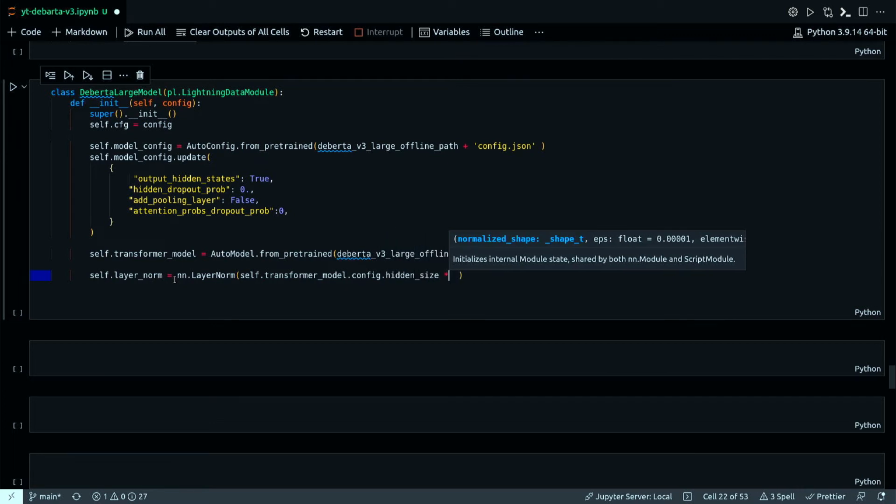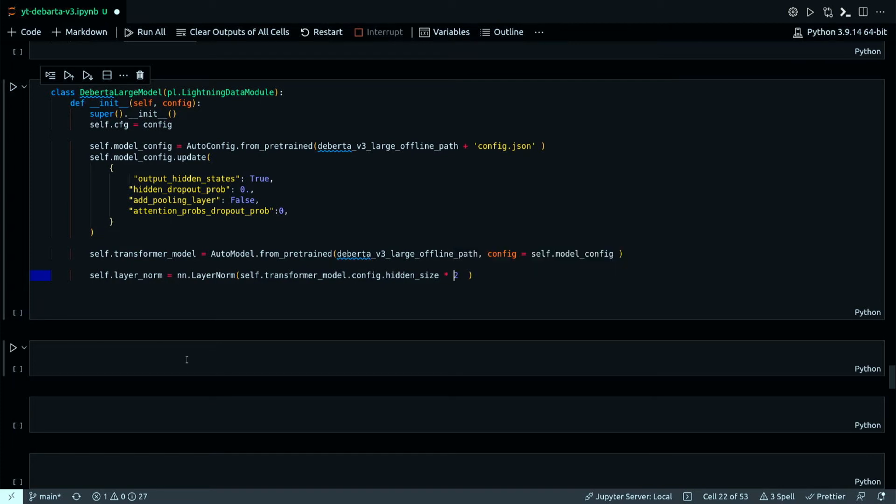Multiply that by 2. Okay, this is important here. Note that I'm multiplying by 2 because we will see in a second that we will be concatenating the mean and max pooling. So that's why I need to multiply the hidden size by 2, because I'm using both mean and max.